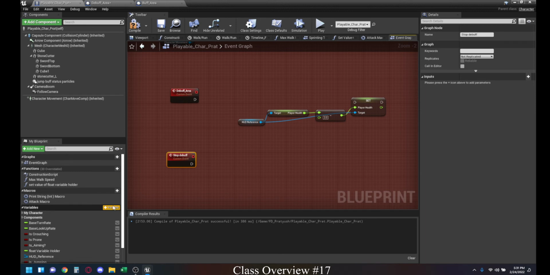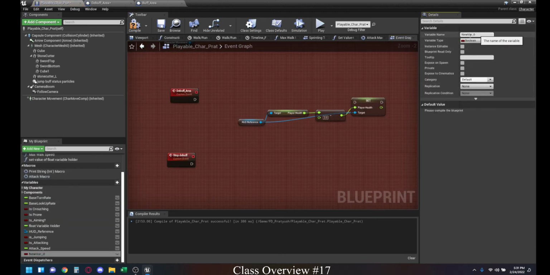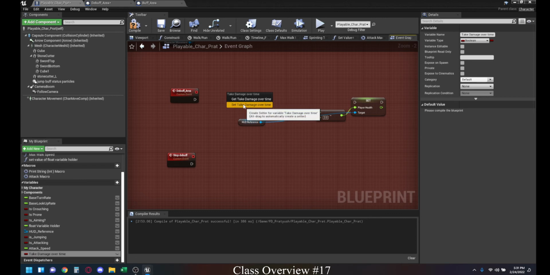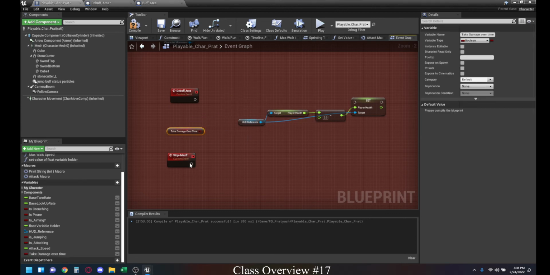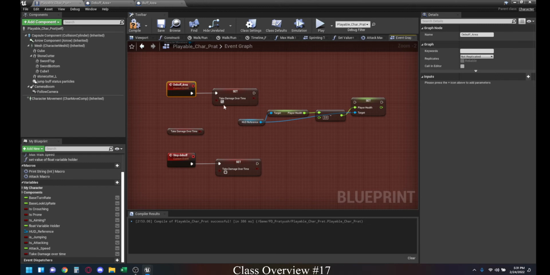Okay. So for this tutorial, I'm making things along as I go. So bear with me. Take damage over time. Okay, I'm gonna get this branch right here. I'm going to set this stop debuff, which means take damage over time. This is toggled off, and once this is in here, I'm going to set it once it goes here. Take damage over time turned on,